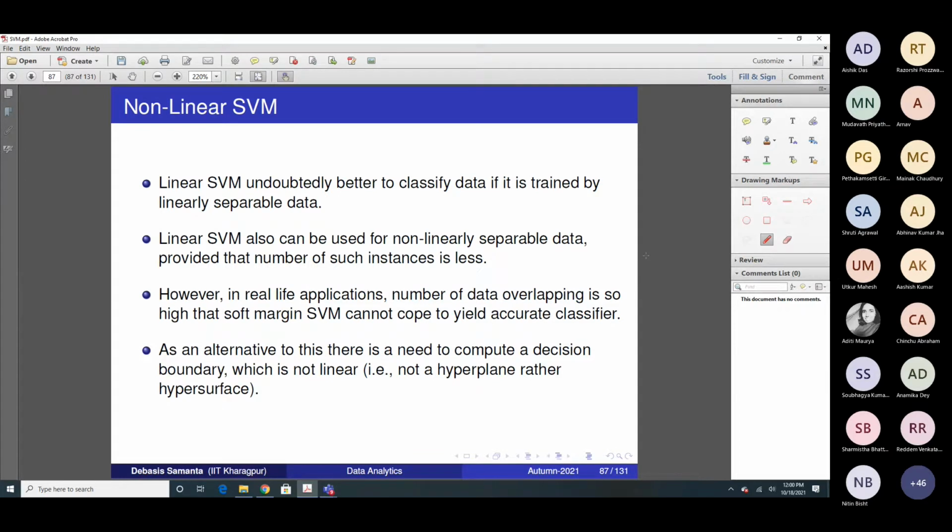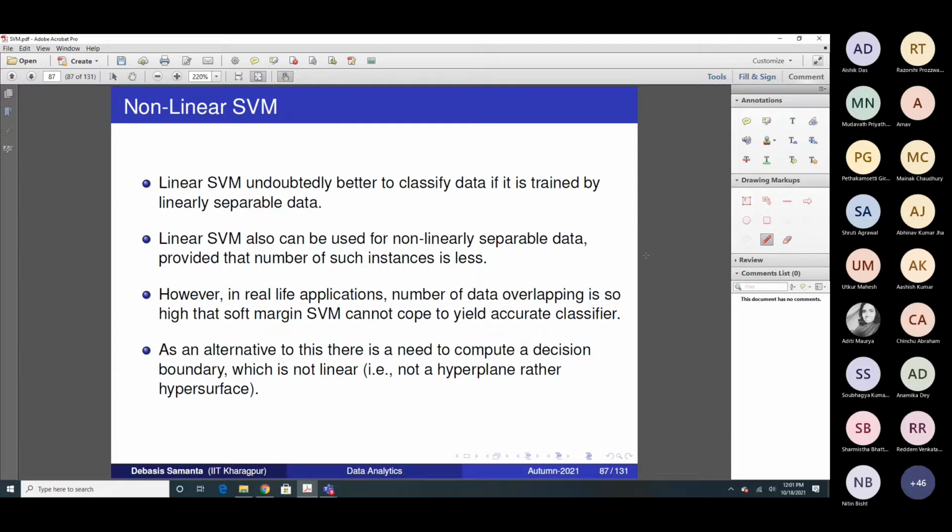So we are discussing support vector machine. Support vector machine, as you know, is very popular so far as the classification task is concerned, and out of which the linear SVM. Linear SVM is really an outstanding classification technique, right? Because it has many advantages which we have already discussed, and also we know how to build a classification model using the linear SVM algorithm.